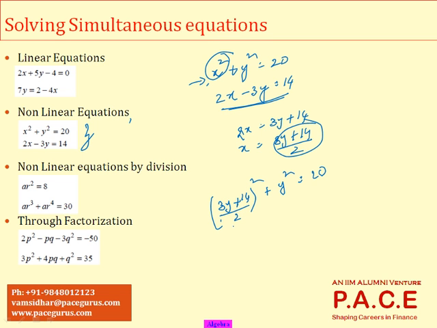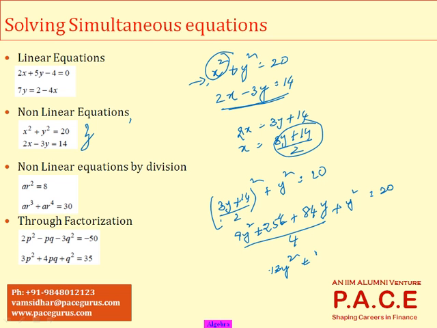Straightforward. Simplify it now. 9y squared plus, using a squared plus b squared plus 2ab, b squared is 14 squared, 256, plus 2ab, 2 into 3, 6 into 14, 84y, by 2 squared, 4, plus y squared equal to 20. Now simplify it taking an LCM across. So it becomes 9y squared plus 4y squared, 13y squared